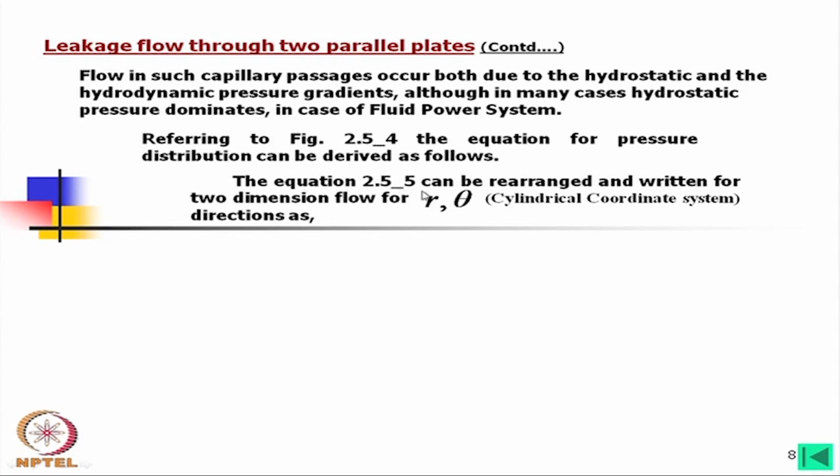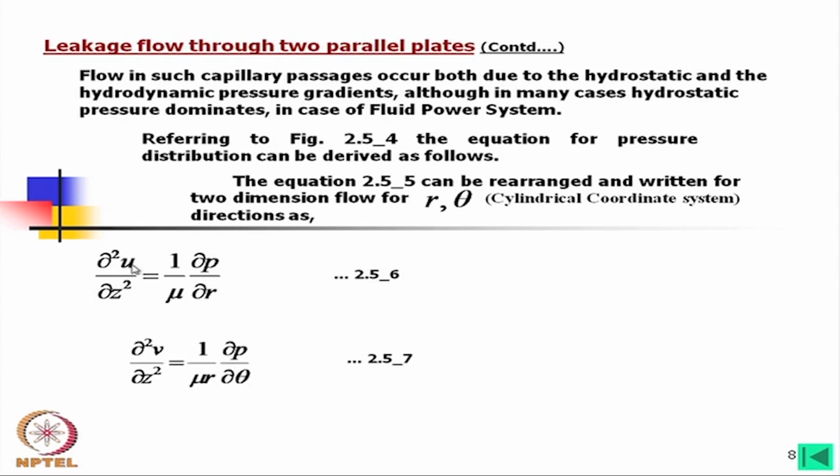Let us consider the earlier equation which we have derived. It can be rearranged and written in two dimensional form as follows: del square u by del z square is equal to 1 by mu del p by del r. Here we have considered the cylindrical coordinate system. That means from a center there is an r direction and a theta direction, and the z direction is towards the thickness,